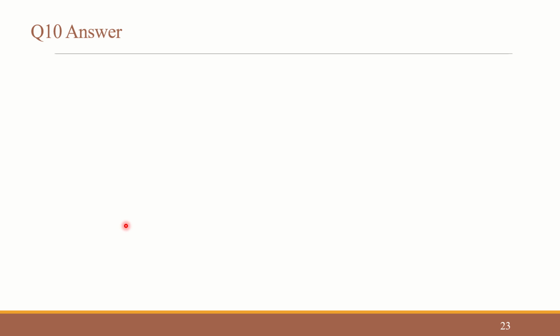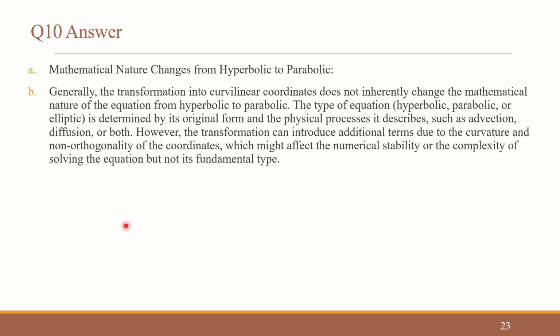In question 10 it is given that mathematical nature changes from hyperbolic to parabolic. So we will see why it is false. Generally, the transformation into curvilinear coordinates does not inherently change the mathematical nature of the equation from hyperbolic. The type of equation, hyperbolic, parabolic or elliptic, is determined by its original form and the physical processes it describes,